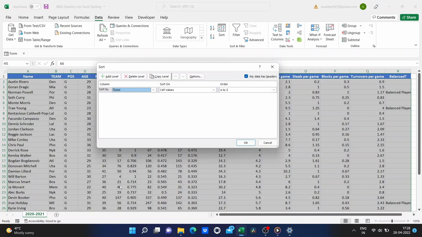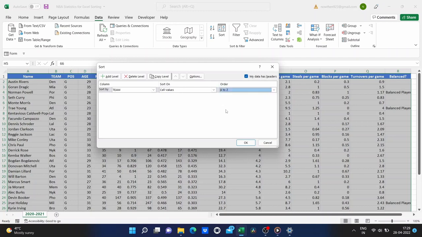If I wanted to, I instead could sort based on cell color or font color, conditional formatting icon, so there are different options that you have there. In many cases, you'll just want to keep it at cell values, and then over here, an order, yes, I want alphabetical order, but if you want to, you can change that up. So, that's my first level of sorting.